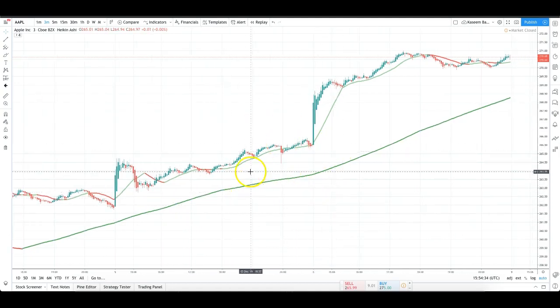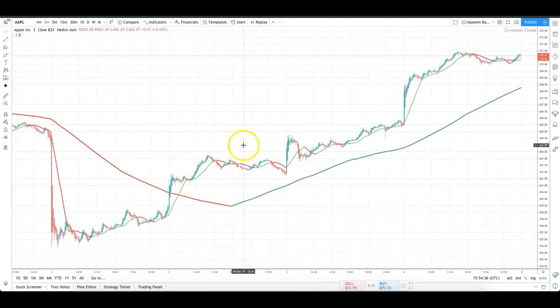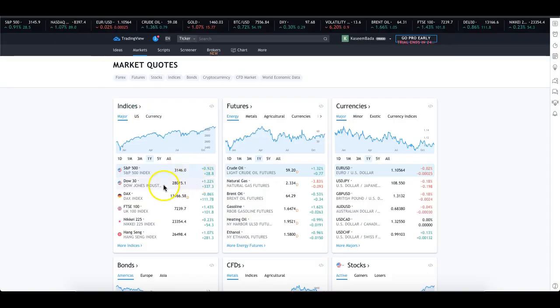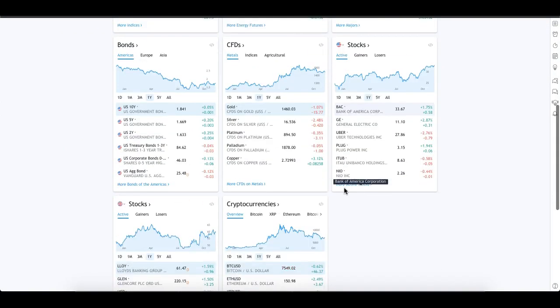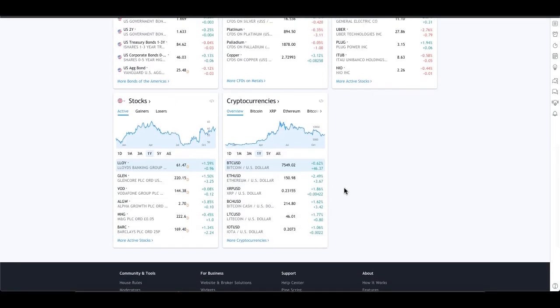So this is my setup. This is the very basic setup. But before we even get to this, let me just take you back to the website that I use. This is TradingView. I think it's a great website to use because it's a website that caters to an international audience,